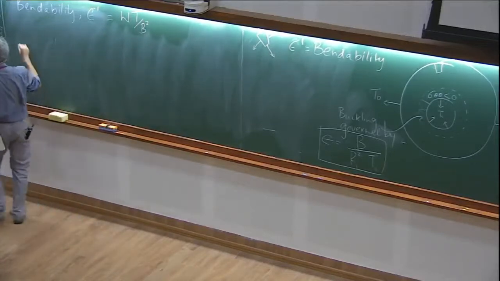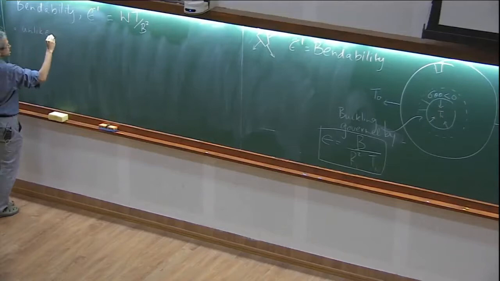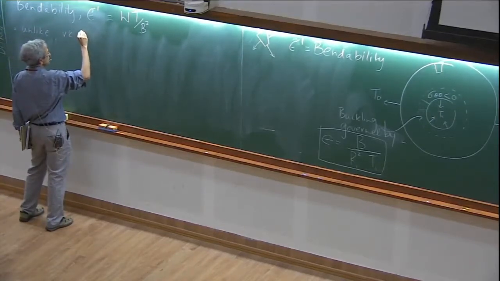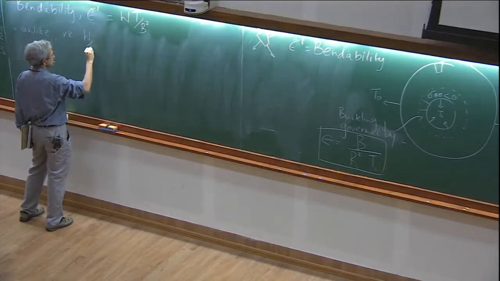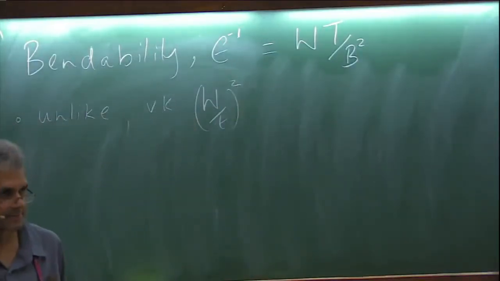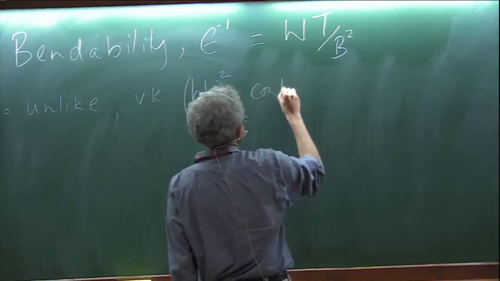So first thing is, unlike the von Karman number, which is just size over thickness squared, this thing has some information about external forces. Contains